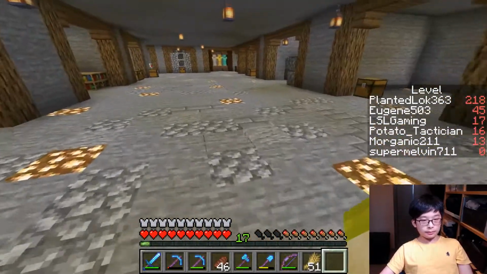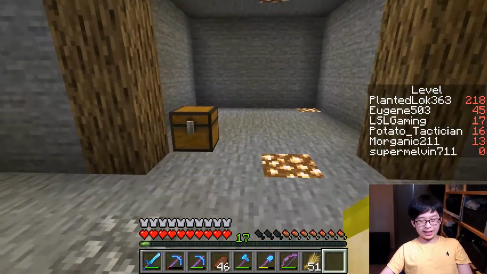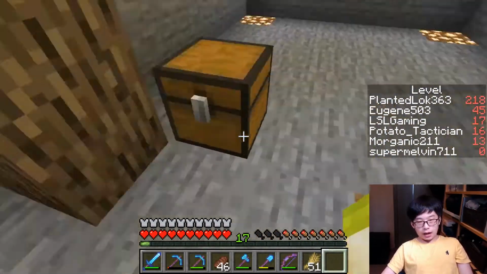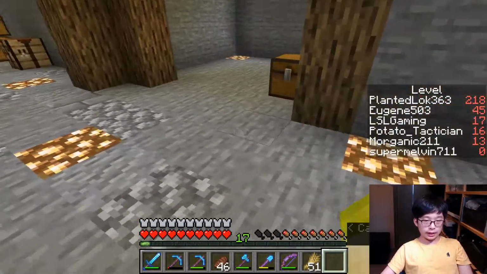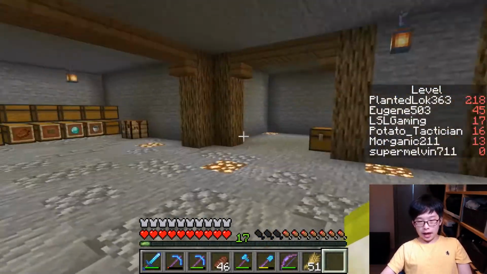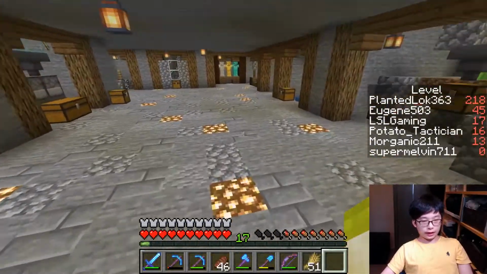And the first farm is an automatic wool farm, since the nether update is coming soon, and some wool would really help us in bed bombing to get netherites. And the second farm which I want to build is the nano crop farm, which allows me to just pump out loads of crops at a really fast speed, and that would always be a useful thing,